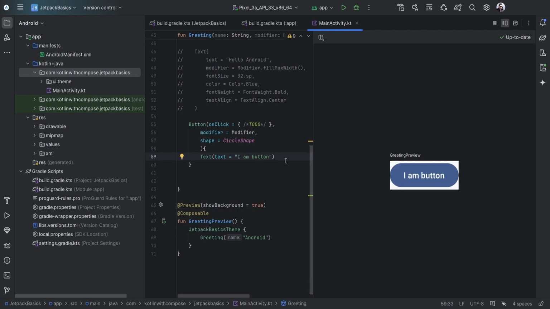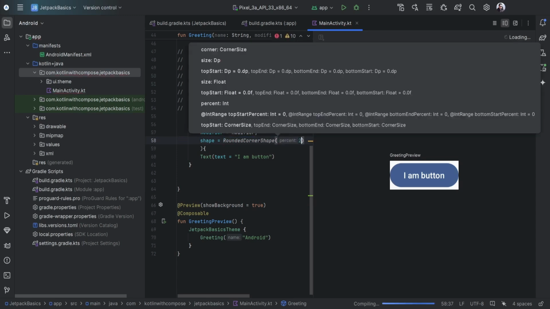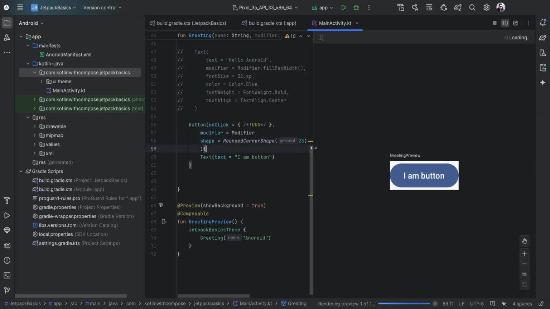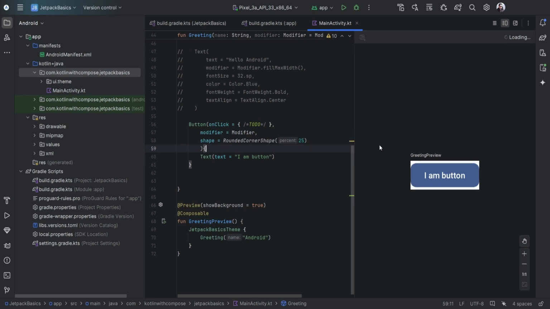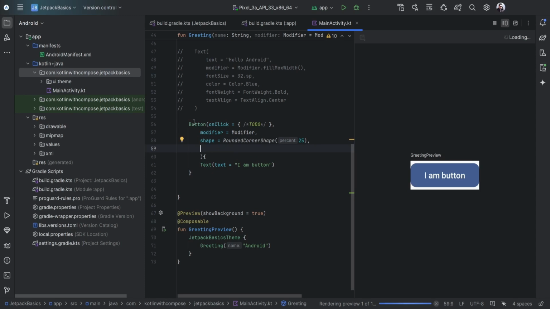So you can see that the text is now visible, so it was a rendering issue. Similarly, we can give it a different shape, like a rounded corner shape, and we can define its percentage or whatever in the corner size we want to cut it. We can cut it like this too. And besides shape, we also have